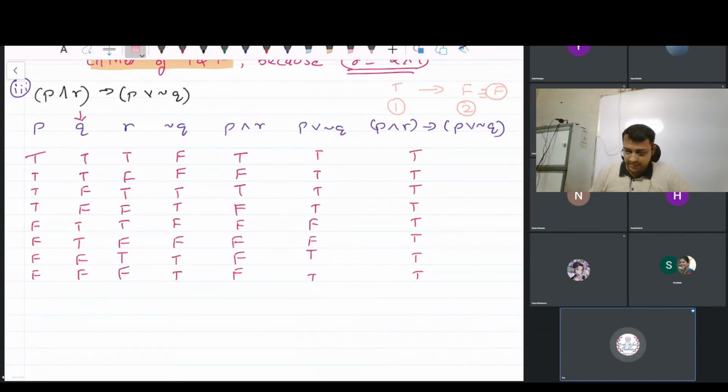Now I am sure, like I did, I am having a digital book, so I am able to remove these middle columns, and I have got all the options. Wherever I want to rearrange them, I can do that. I can just select any entries, I can move wherever I like, I can do anything with that. But that is not possible with you. I know about it. But yeah guys, when you are doing it in your notebook, just try to keep your fingers on that particular columns and try to focus on the remaining columns which are required. So it will be easier for you when you are trying to solve it on your own. Okay.